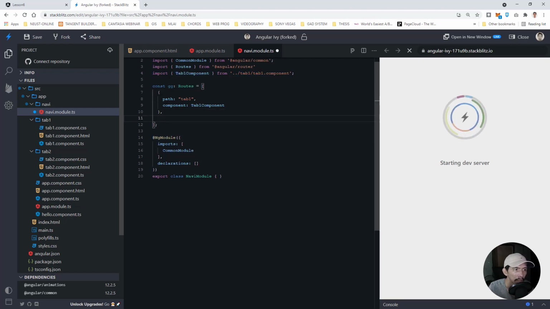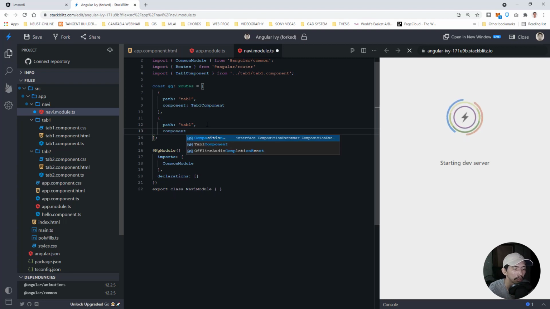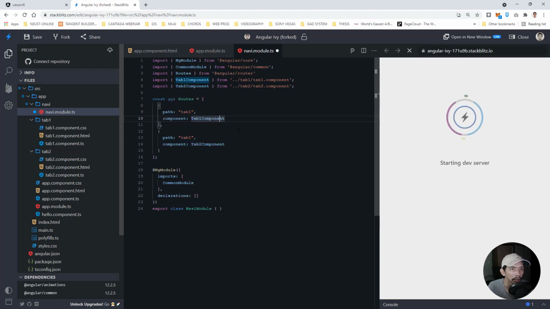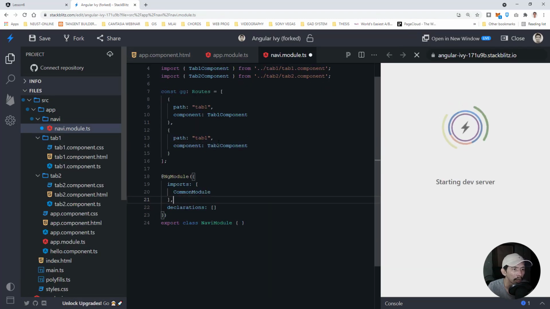Okay, comma. And then, ito yung sinasabi ko kanina, kakopy mo lang siya. And then, paste mo hanggang tab 1. Tapos, type mo yung component. Component. And then, we have Tab2Component. Then, of course, huwag nyo kakalimutan yung close na brace. Okay? So, once you create a constant in here, ayan, laki natin ng konti. Ano ba ilaki natin ng konti ito? Ayan. Once we create our component in here, dito sa ating declarations,